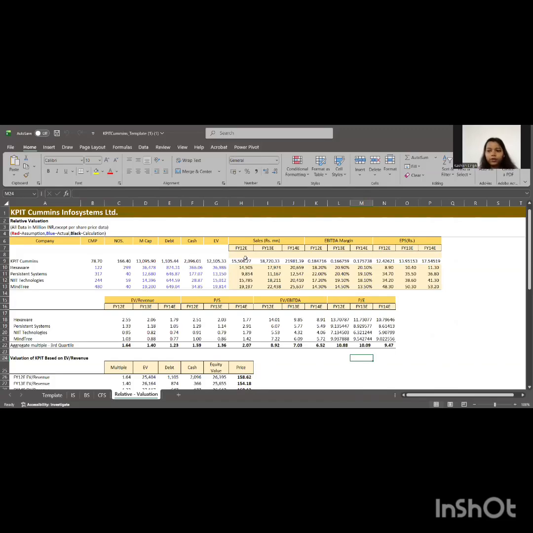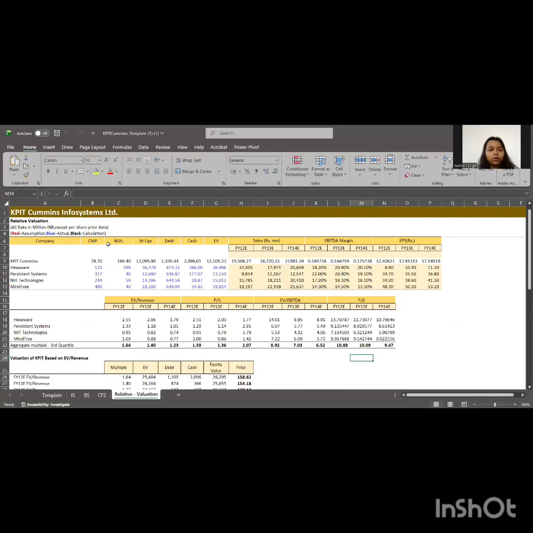Now I will open the relative valuation tab. At the very top, you can see the title, relative valuation, with the company name listed. KPIT is our main company, and beside it we usually list comparable firms. These could be companies from the same IT services industry, such as Tata Elxsi, L&T Technology Services, or similar. Now moving across the top, we see different headings